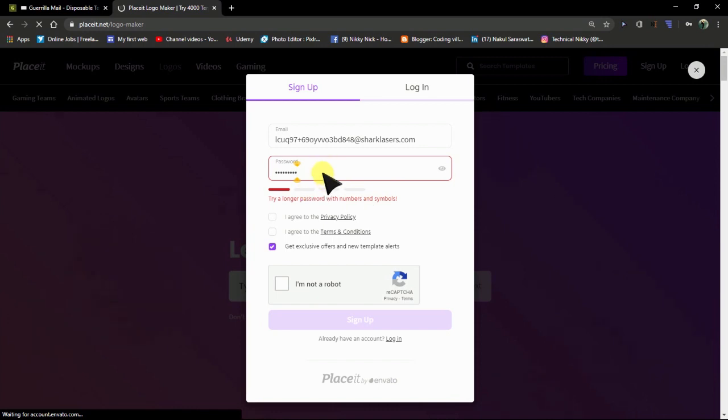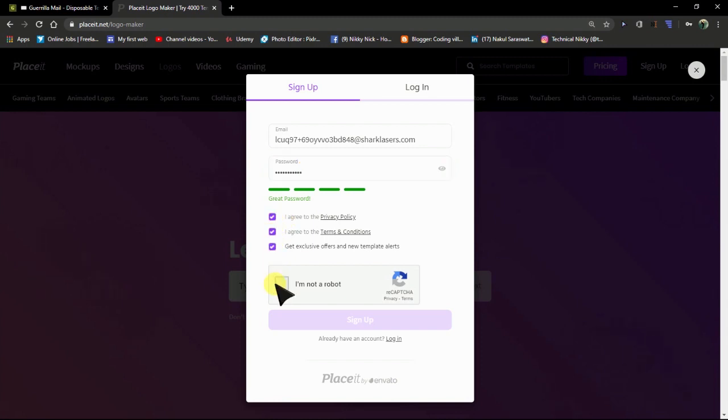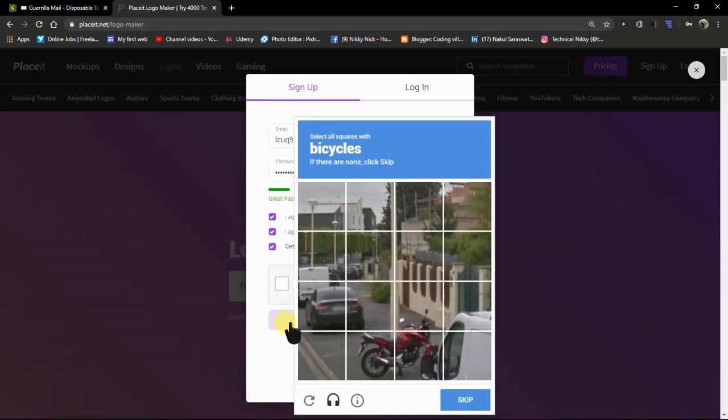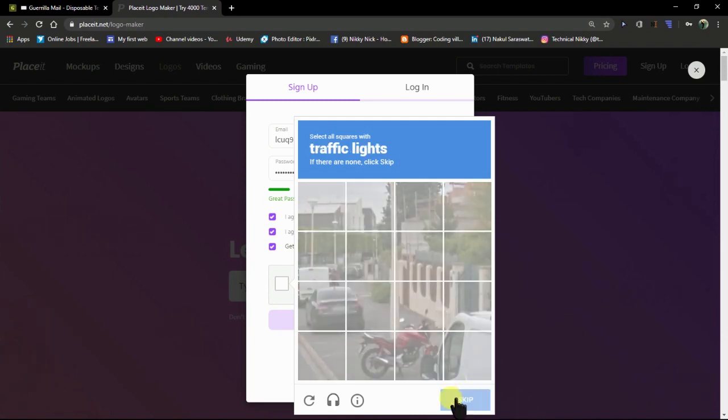Then click I agree, and click I am not a robot. Select the images: bicycles, there is no bicycle.